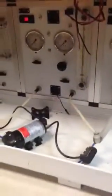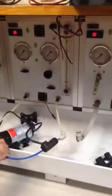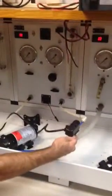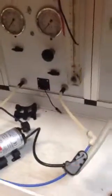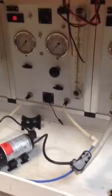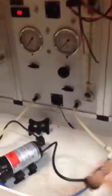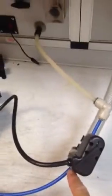So this video is about showing the adjustment or checking the pressure switch setting in combination working with your pump, and seeing where the switch setting is now, and if it's not 80 psi, how to set it to 80 psi